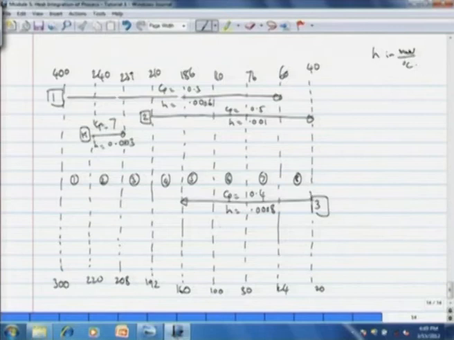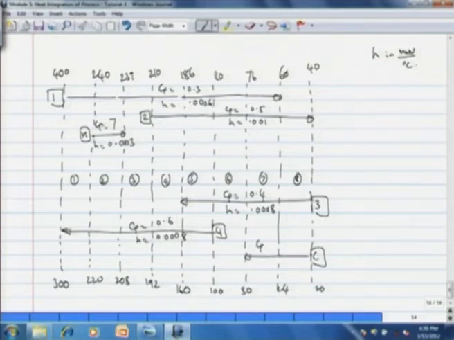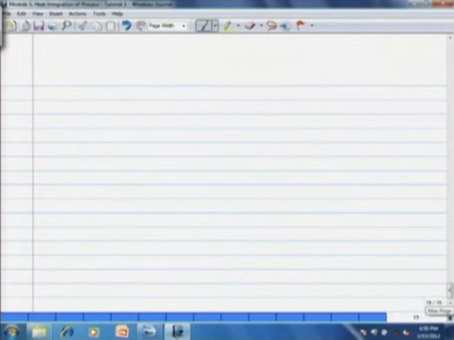Then number 4 stream goes from 400 to 300. Here Cp is 0.6, H is 800 watt per meter square per degree centigrade or 0.008 megawatt. Then cold utility goes from 20 to 30 degrees. Here Cp value is 1.8. We have already determined it in the previous example, and H value is 0.001 or 1000 watt per meter square per degree centigrade. Now with this stream population data, enthalpy interval data, we have to tabulate the network target, okay,